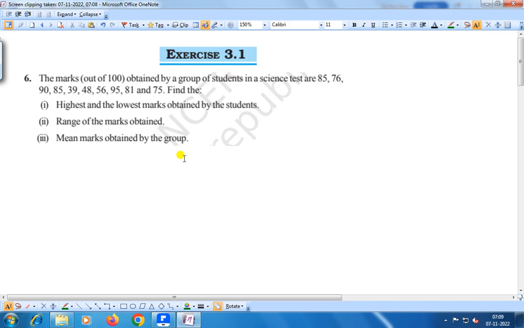Let us find the highest mark. Answer of question number one is to find the highest mark and the lowest mark. Here you see in this data you will find the highest mark is 95, right? And the lowest mark here is 39, right? Therefore you can say that highest marks obtained by the student,